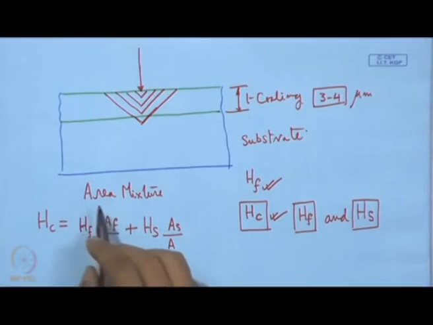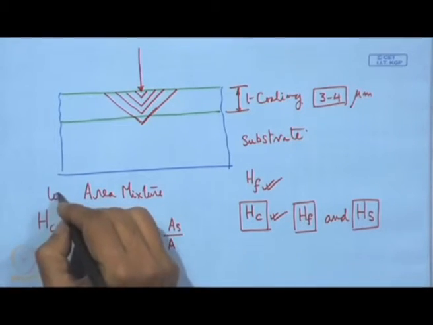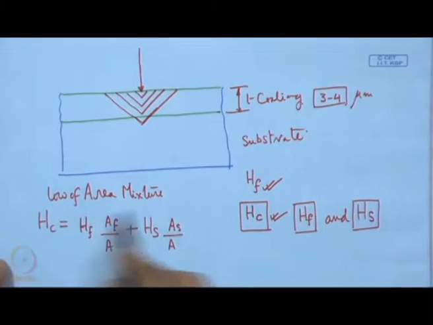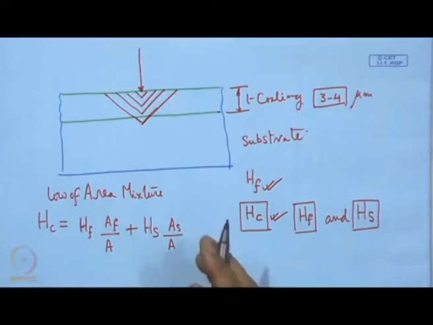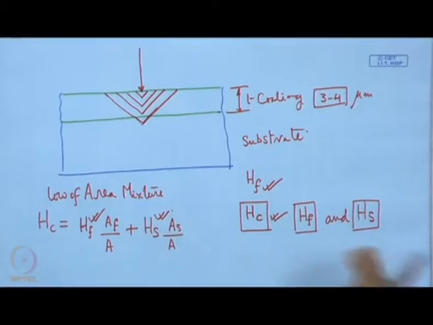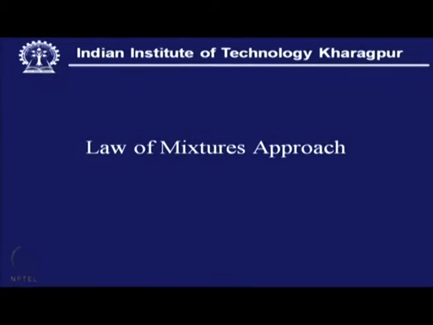So, it is the law of area mixture, and this is the law connecting this composite hardness with coating hardness and substrate hardness. The whole idea here is that, let us have a quick look at another illustration, that this